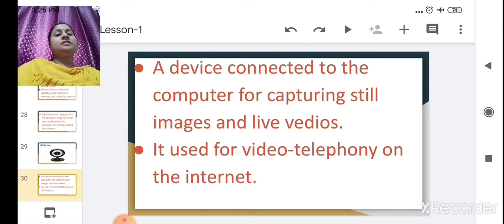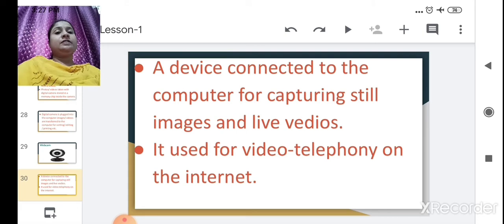For this purpose this web camera is used. In our mobile there is also a webcam. The front camera of a mobile acts as a webcam. So when we do a video call on WhatsApp, the person in front can see us, and we also chit chat with our friends and relatives. Got it? That is the use of the webcam and how it works.